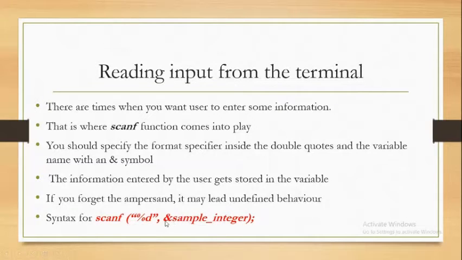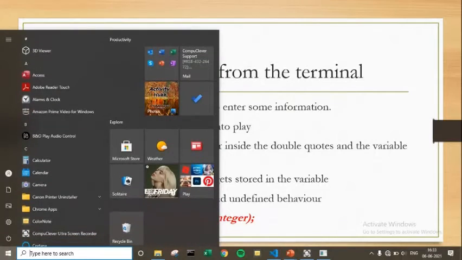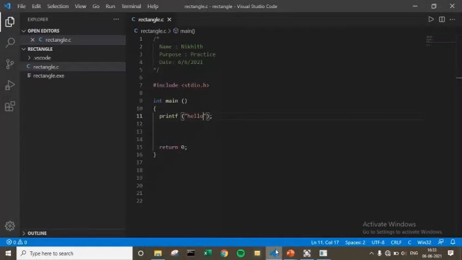If you forget the ampersand symbol, it may lead to undefined behavior. You might not know what's happening. And at the end there is a semicolon. So let's go to the IDE and see how it works.